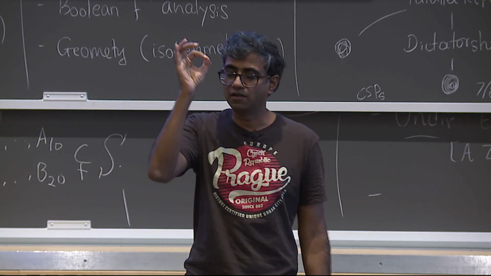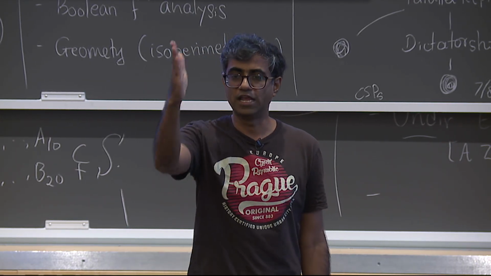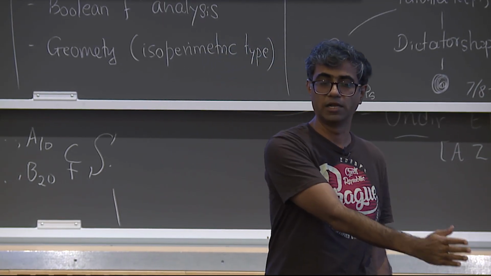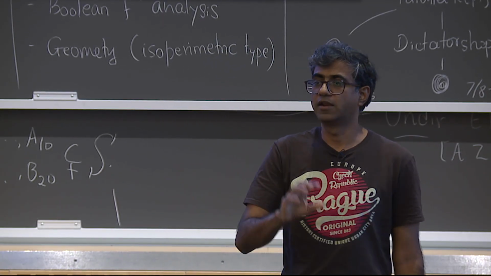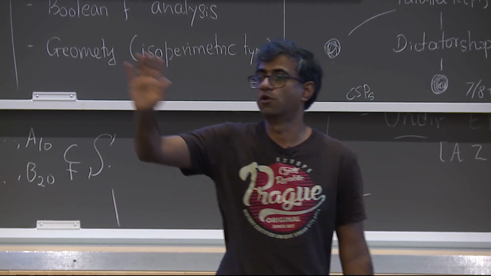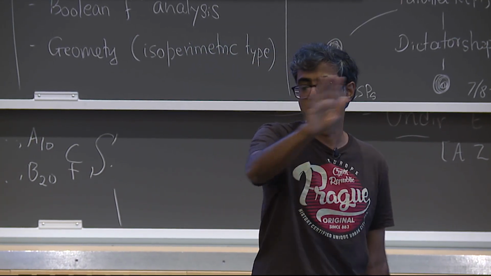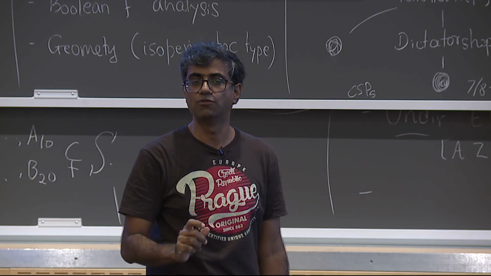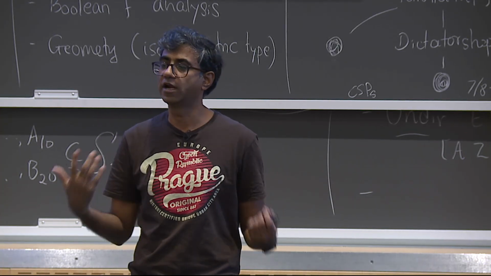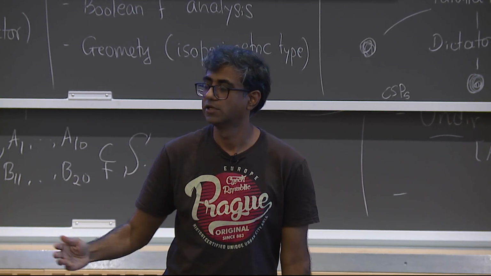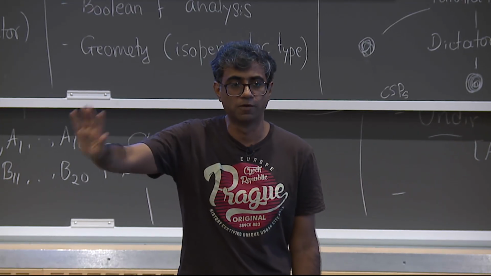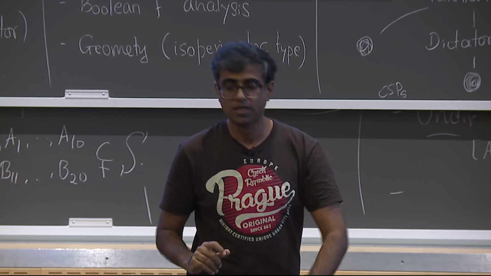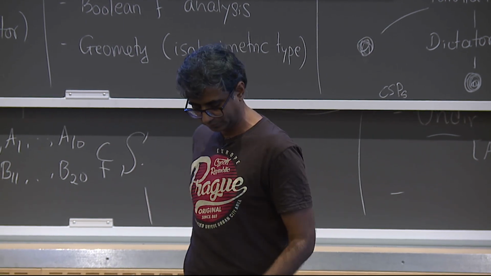These are concrete running time lower bounds. We can achieve this running time, we cannot achieve this running time. What I have been telling you up until now is all about whether you belong to this class or you don't belong to this class. Similarly, P versus NP can only tell you whether you belong to this class or that class. But it cannot tell you anything about the form of running time that you're able to rule out, right? So to be able to rule out any form of running time, we need something more, and that something more is what I'm going to spend my next 30 minutes telling you about.